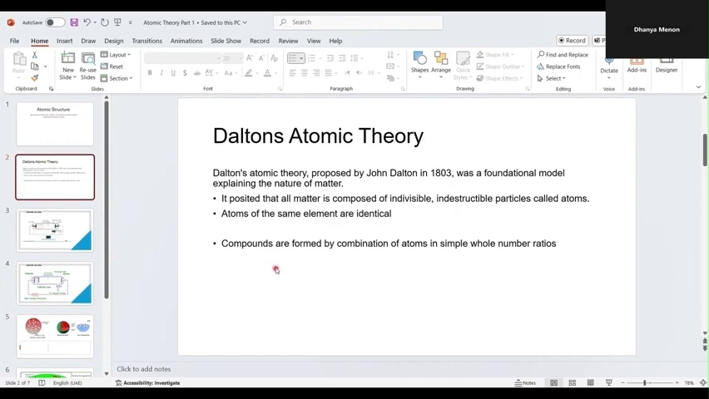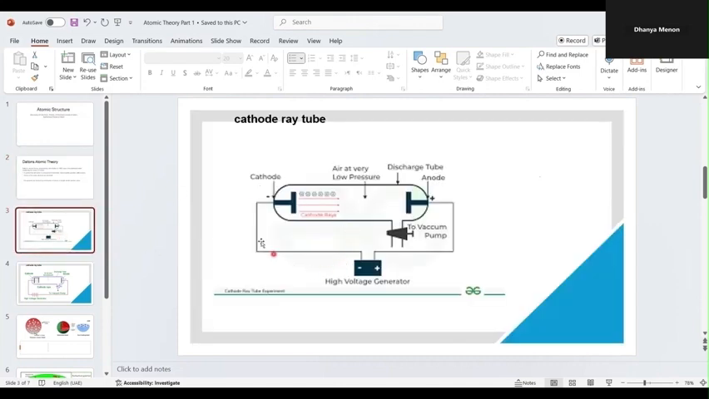Okay, now the breakthrough came when the subatomic particles were discovered. The first breakthrough was the discovery of the electron by Thomson. So this was a huge discovery, and it was done through the cathode ray tube experiment. Okay, so as you can see in the picture,